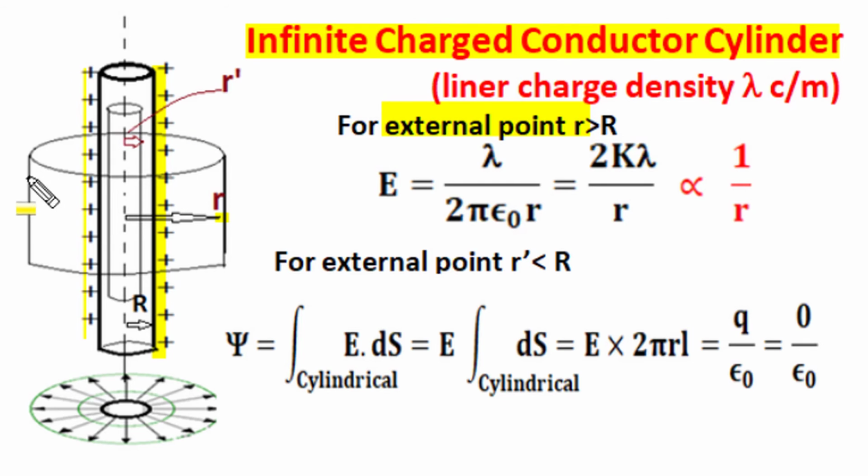And for this cylindrical Gaussian surface, the internal charge distribution has a symmetry, so everywhere on the surface the electric field magnitude remains the same, and that magnitude is equal to the electric field produced by a line charge acting from the central axis with the same line charge density lambda, that is lambda over 2 pi epsilon r, or 2k lambda over r. So a cylindrical charged conductor and a line charge, both with the same linear charge density, produce identical electric field for external observation positions.